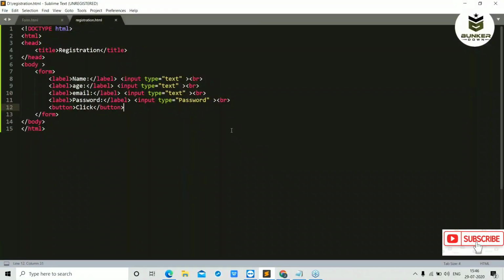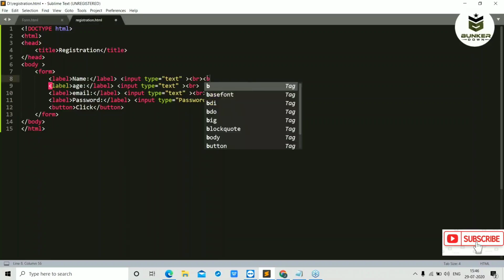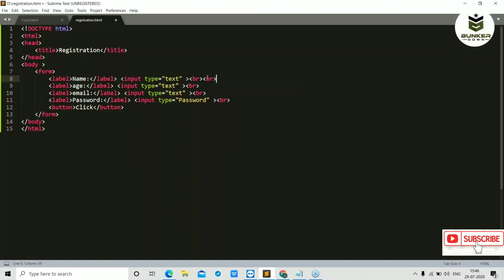Now just add some space between the fields. For that we can use the BR tag after every field. Okay, now it's done.